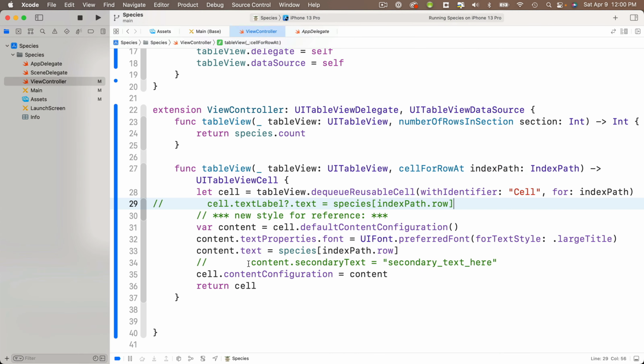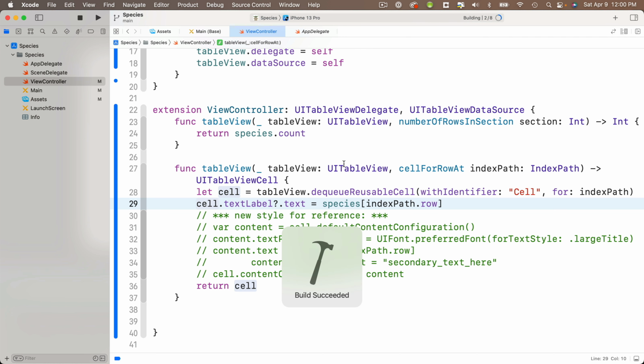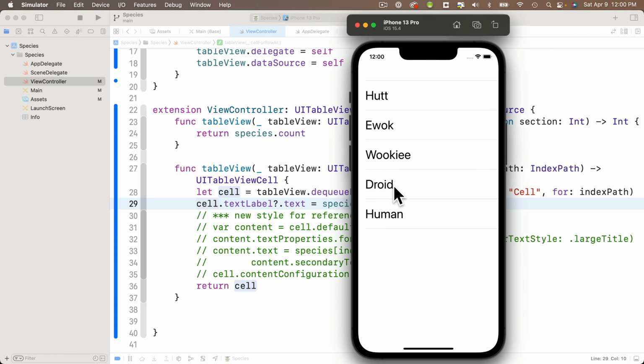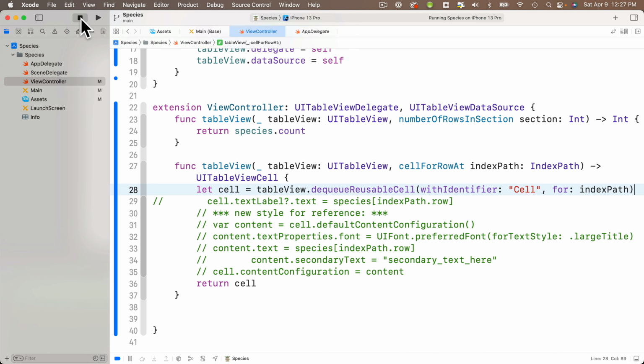So now I'm going to head back into my code. I'm going to comment out all of the lines for this new UI content configuration method, and I'm going to uncomment my one-liner that we had learned on the previous videos and in our class sessions, and I'm going to show you with a build and run that this continues to work as expected. So we had a little bit of an extra lesson in here inside this exam solution,